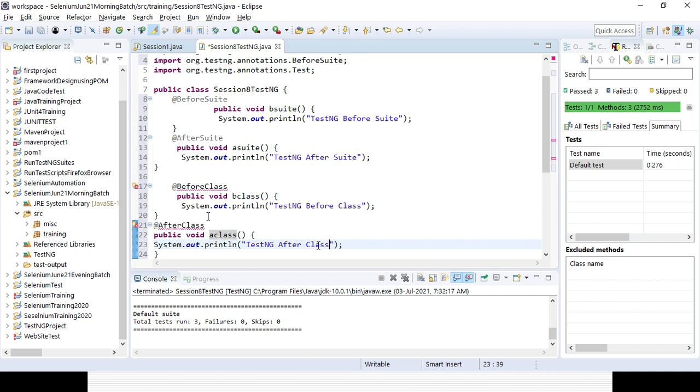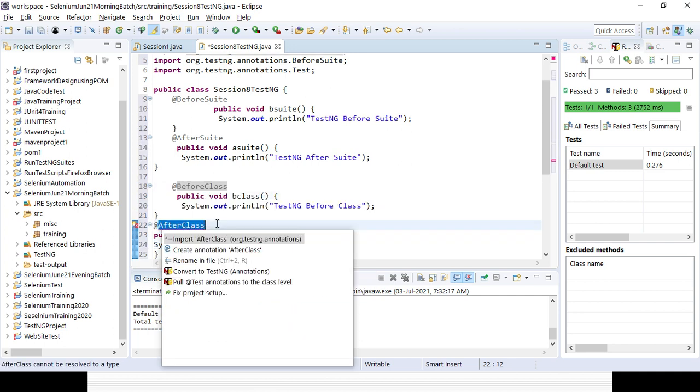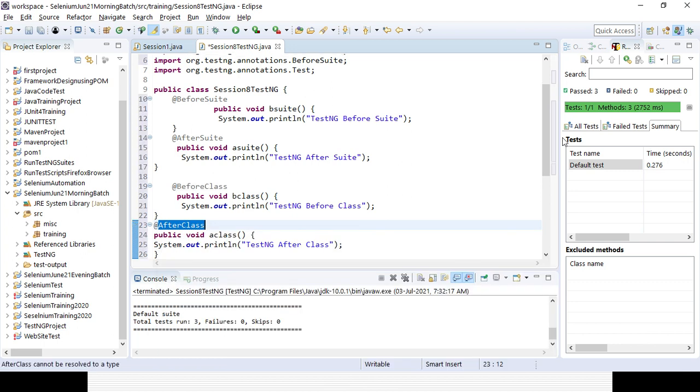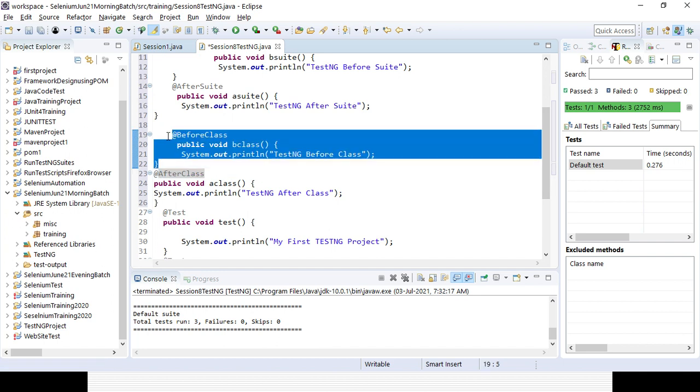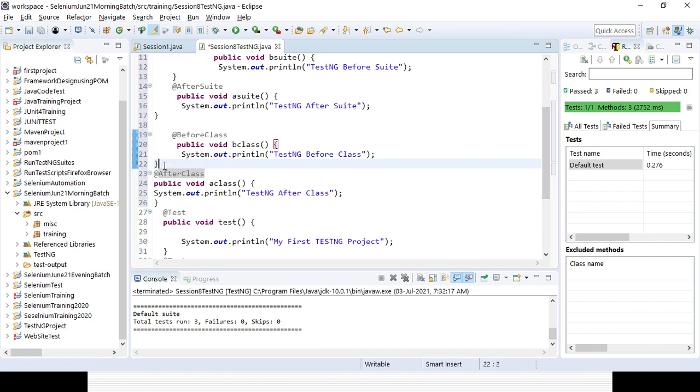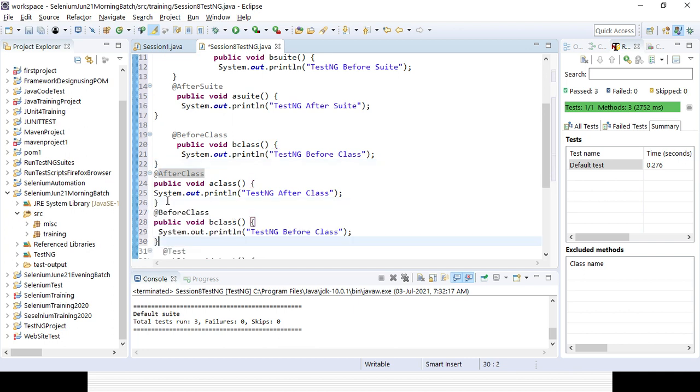I need to import the relevant BeforeClass from the annotations, similarly AfterClass from the annotations. I can also call before method, after method, right? Before test, after test. So in a similar way I can do all these things, before test, after test.